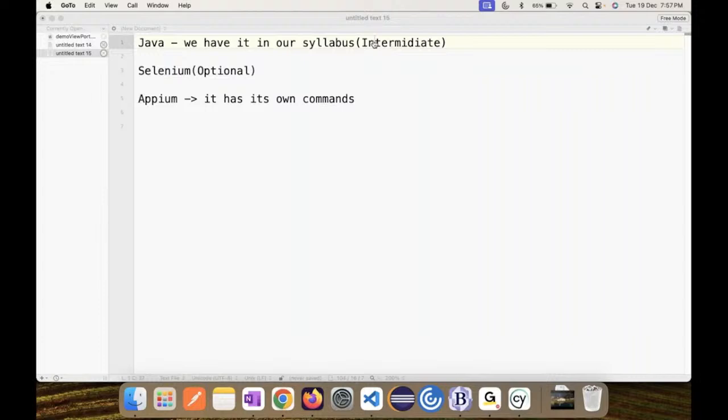If you have that level of understanding, I would say it's a big thumbs up, because whenever you go for an interview, the first thing they would ask you is, do you know Java? And they'll randomly ask you to write a program on sorting a number, or a program for a prime number. All these things will definitely be there, apart from Appium.